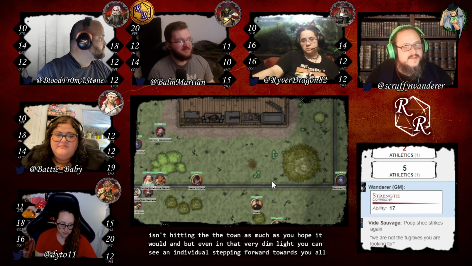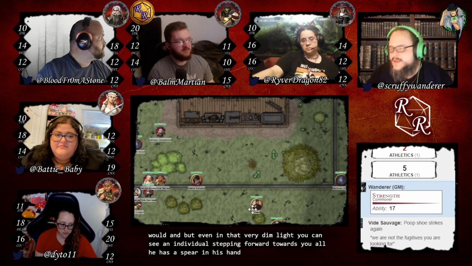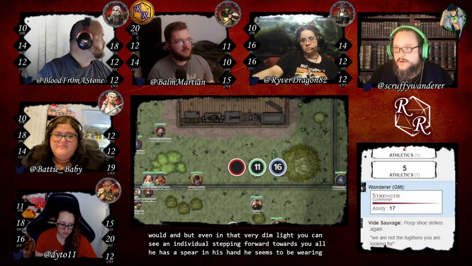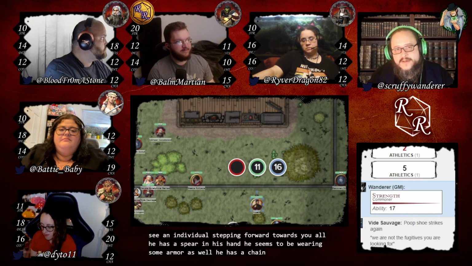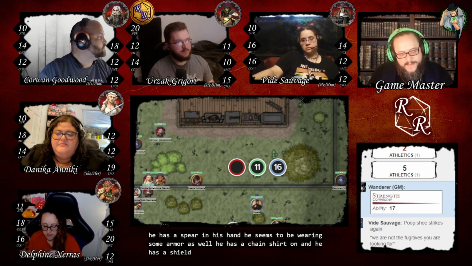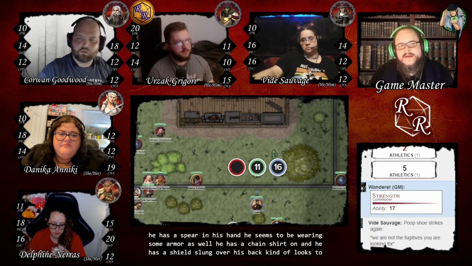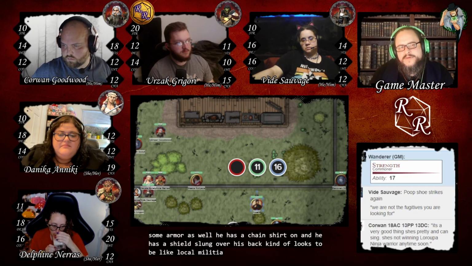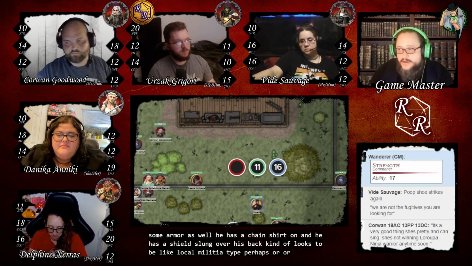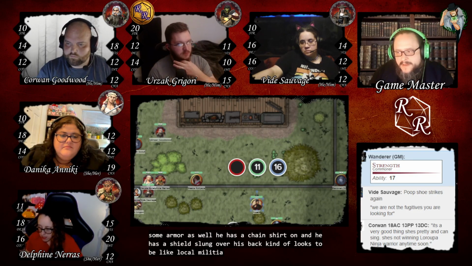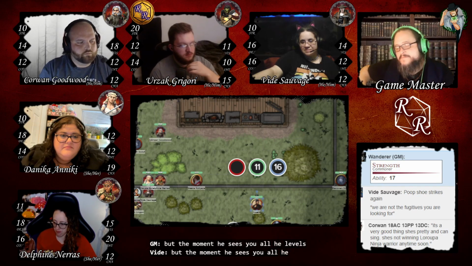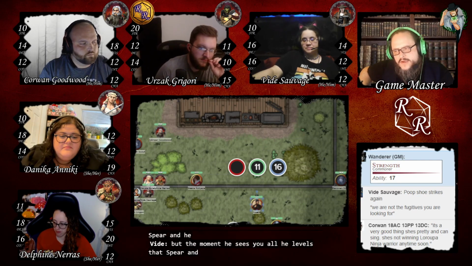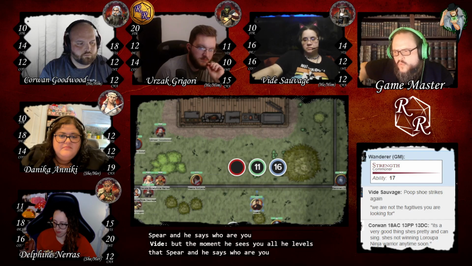He has a spear in his hand. He seems to be wearing some armor as well. He has a chain shirt on, and he has a shield slung over his back. He looks to be like a local militia type, perhaps, or a guard, maybe. But the moment he sees you all, he levels that spear, and he says, "Who are you all? What are you doing?"